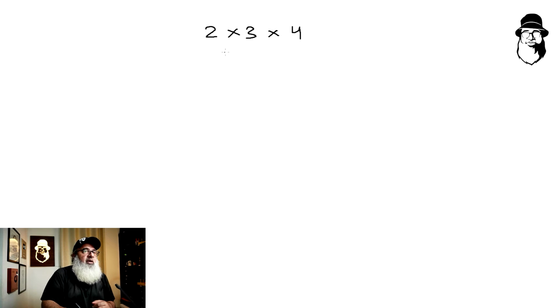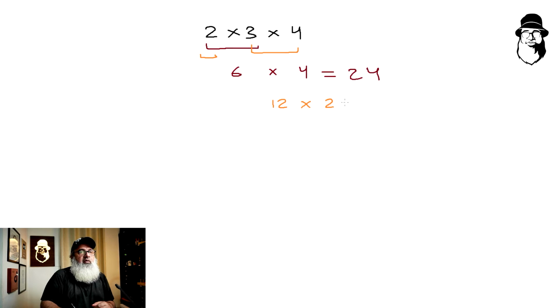When we have several numbers to multiply, we can multiply them in any order. Let's say we multiply 2 by 3 to get 6 and times it by 4 to get the answer 24. Or we can multiply 3 by 4 to get 12 and times it by this 2 to get the answer